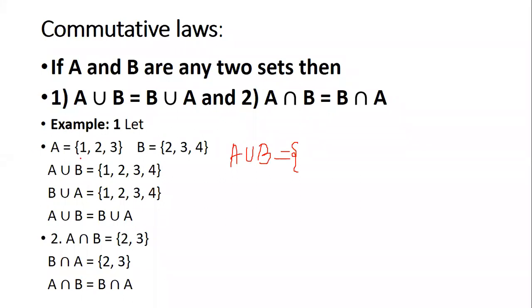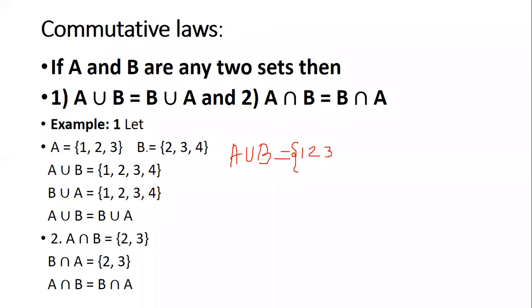So first, I will write elements from which set? Okay, good. Many are giving answers, but which element will I write first? From set A. So that will be 1, 2 and 3. Now from set B, which element do I have to add here? Set A already has 1, 2, 3.